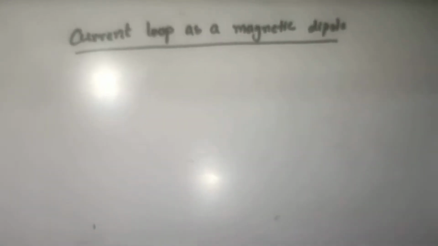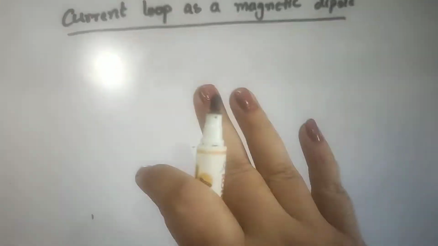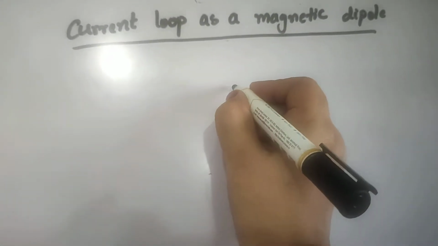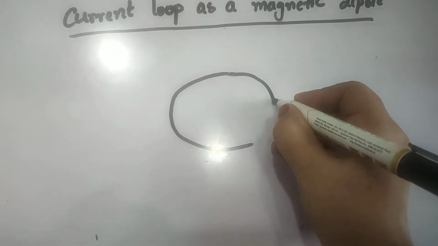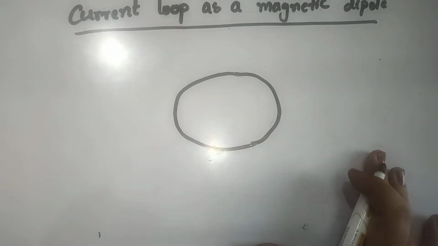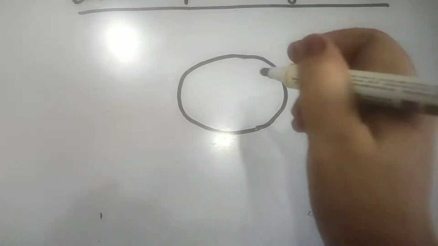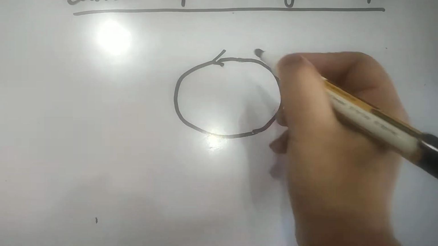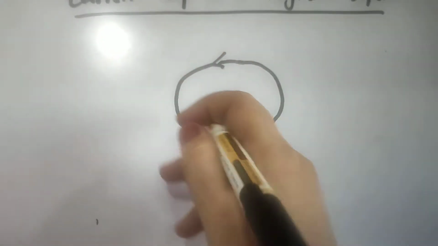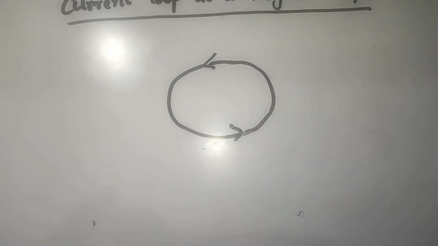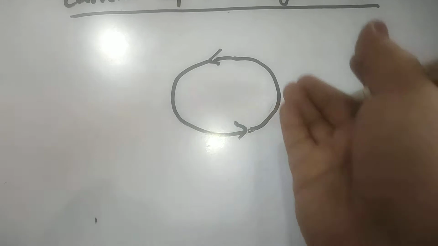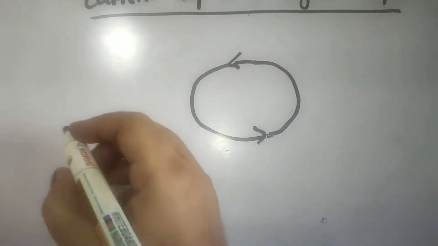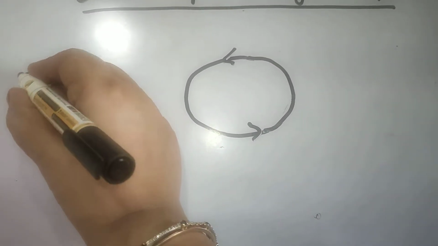Take a plain paper like this, and draw a circle over it. Do it right now along with me. Give the direction of current to be anti-clockwise. Now when we are viewing this from the top, the direction is anti-clockwise, and anti-clockwise means this is north